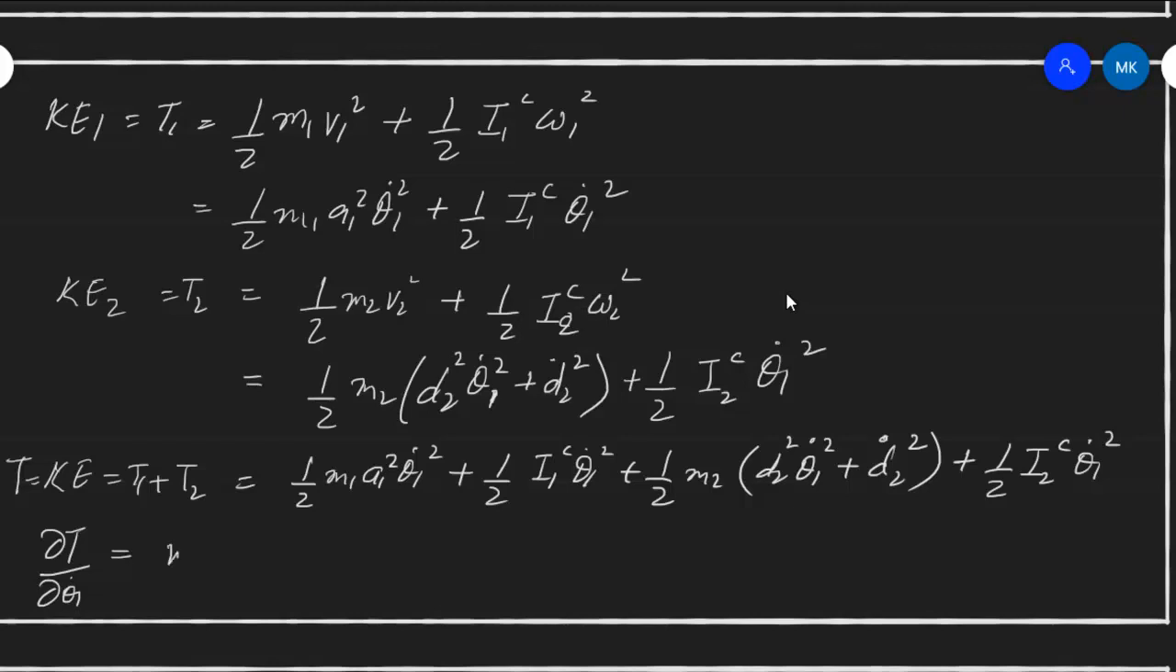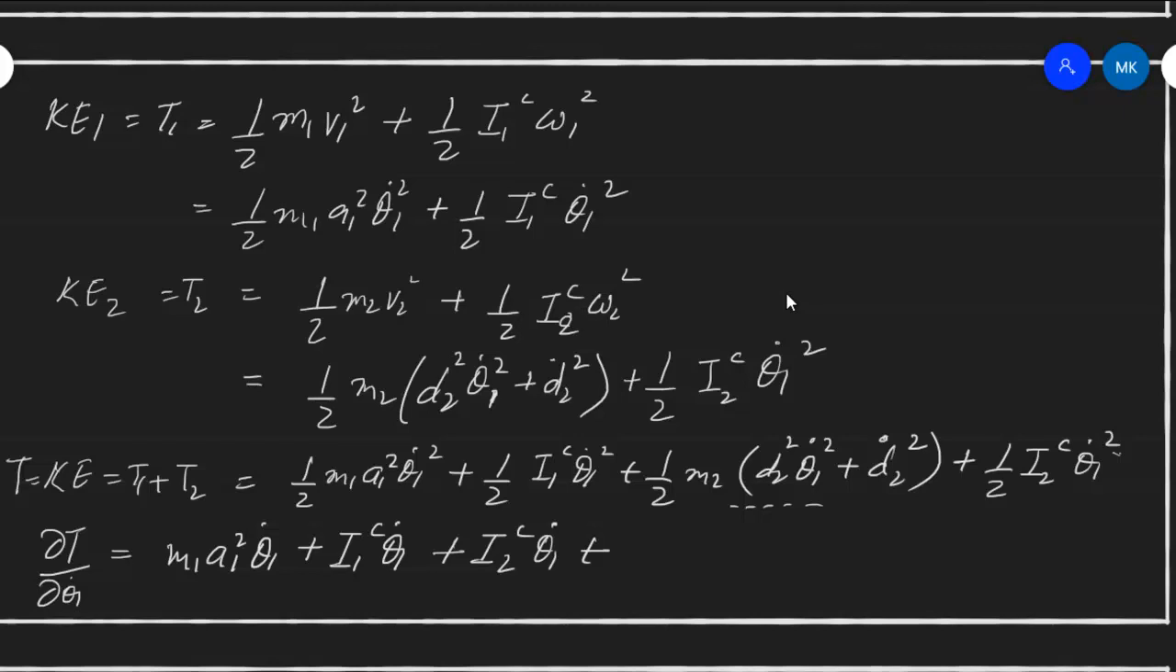So it will lead us to something like this: m1 a1 square theta 1 dot, because this will be 2 theta 1 dot, so 2 and 2 will cancel, plus again 2 theta 1 dot square will be 2 theta 1 dot, 2 and 2 cancel, so it will be I1c theta 1 dot plus, in this case we will be left with I2 in C, this part, so this will be 2 theta 1 dot, again 2 and 2 cancel, so this will be theta 1 dot plus,